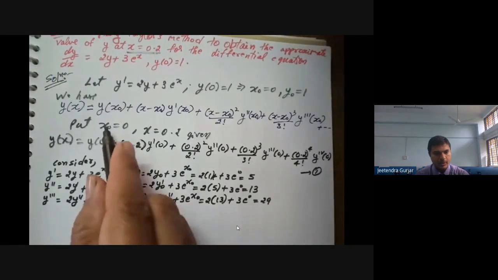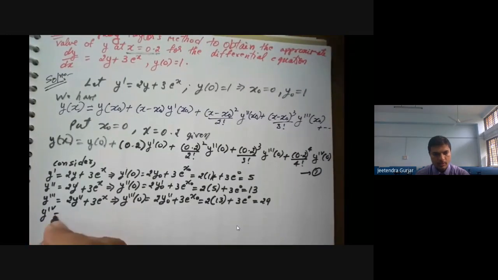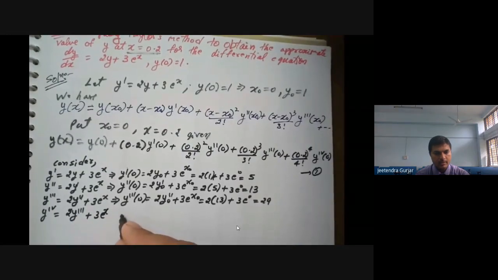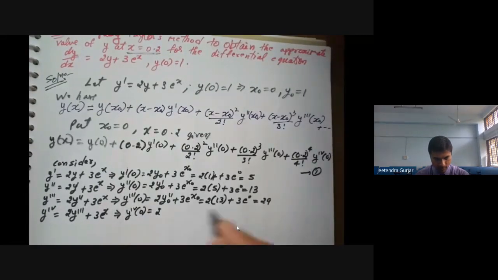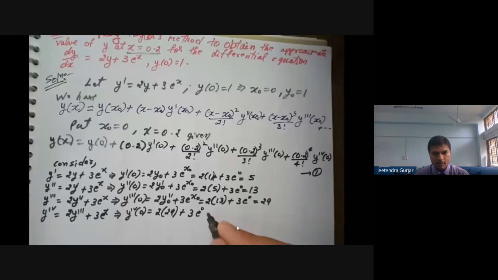So like this, we are going to find one by one. And I'll go for y4. It is very simple. So it is 2y''' plus 3 into e raised to x as it is. Differentiation of e raised to x is e raised to x. y raised to 4 of 0 is equal to, substitute the values of y''', it is 29 plus 3 into e raised to x naught. So everyone must understand, so I'm going slow. Many of them have got the answer. Substitute, get the answer. It is 61.